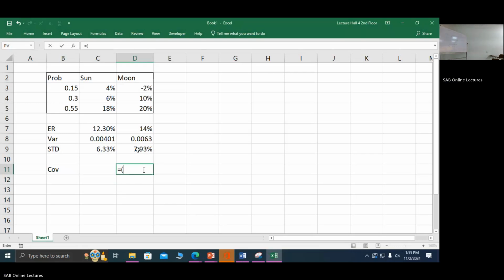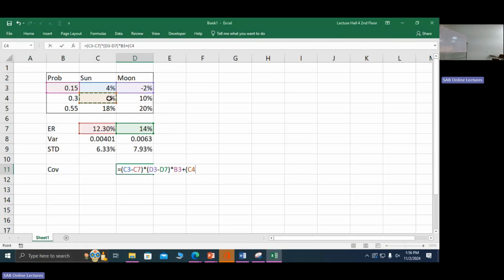So, do you have the question? Then the forecasted return deviation from the expected return, the sun deviation times the moon deviation, times the probability, plus